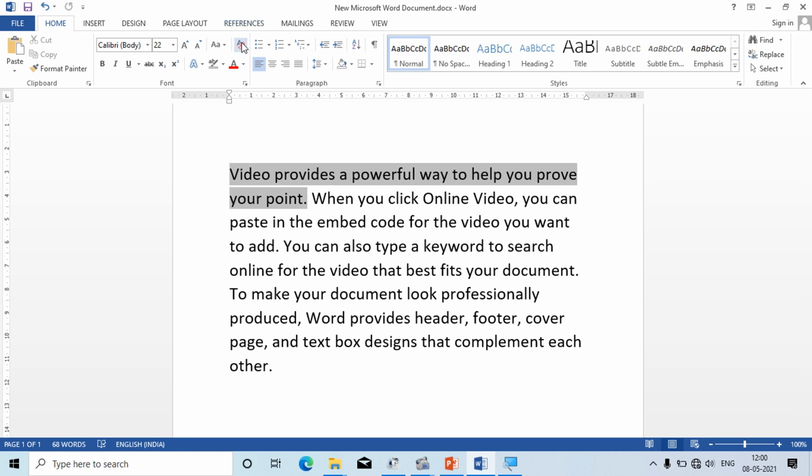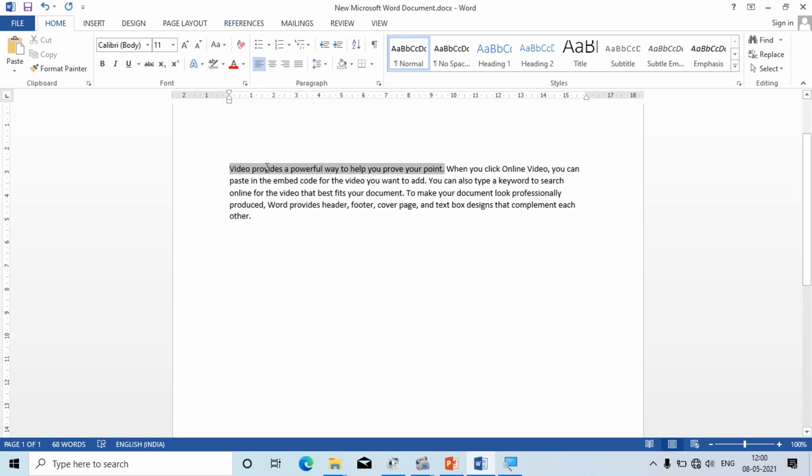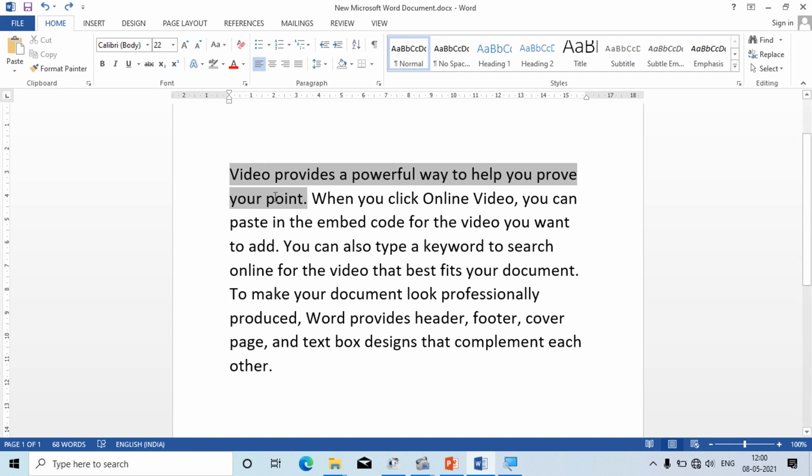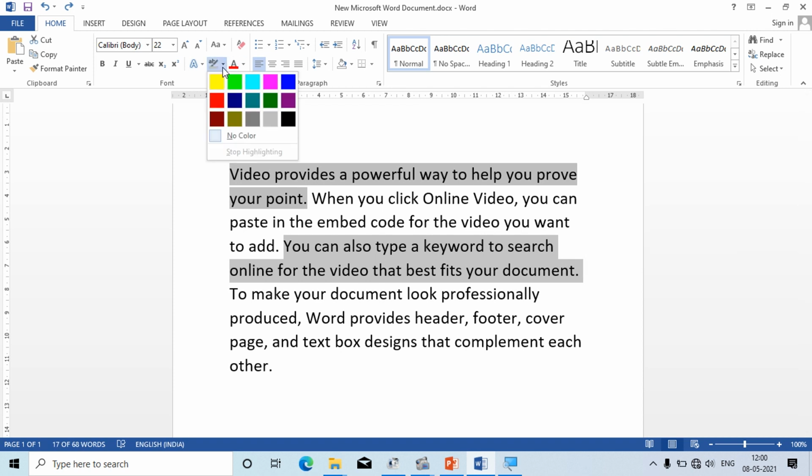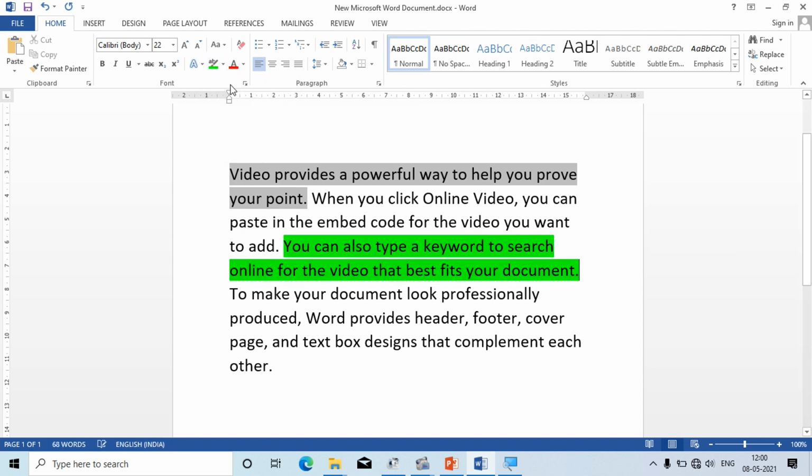Now suppose you want to delete it. So here you can delete. Yes, this thing is deleted. So all the changes are gone. So again I am bringing the changes. I have done undo, and suppose you want to change the color. Suppose we want a different color over here. So just again select the line, and just change the color over here. Suppose you want green. See, I have given a green shadow. So you can highlight your text with this option.